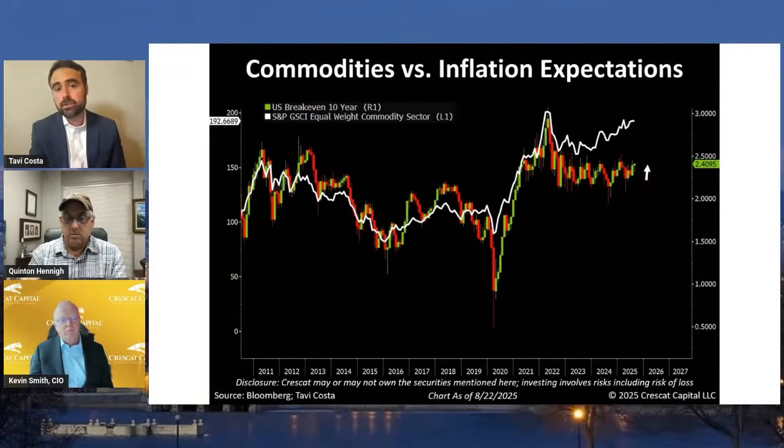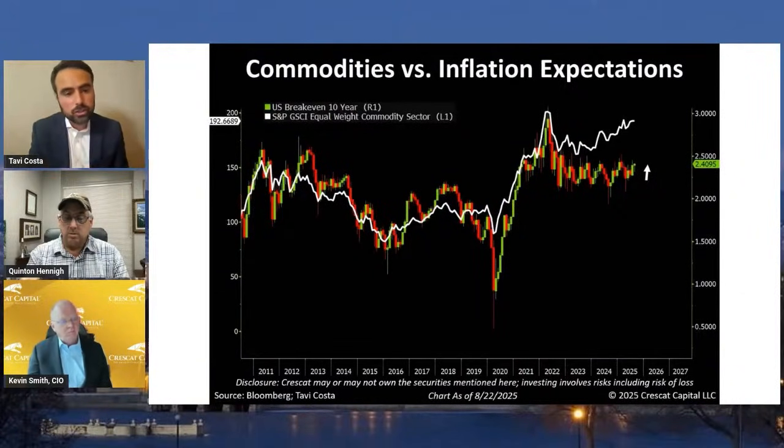I happen to believe the Fed is not going to cut rates in the very short term. Of course, I think in the long term, it's hard to believe they're not going to, because they have to. It's almost like we're fighting this fiscal dominance. We have to lower rates to lower fiscal spending. It's crazy. And forget about inflation, because inflation needs to run hotter than historical standards so we can deleverage the economy. So I think that's a catch up on this divergence that you're looking at on the chart there, where inflation expectation could be going along with where commodities are now.